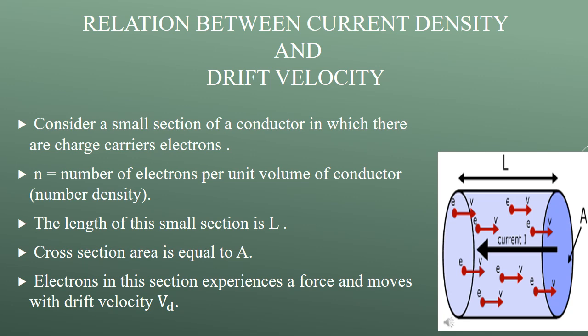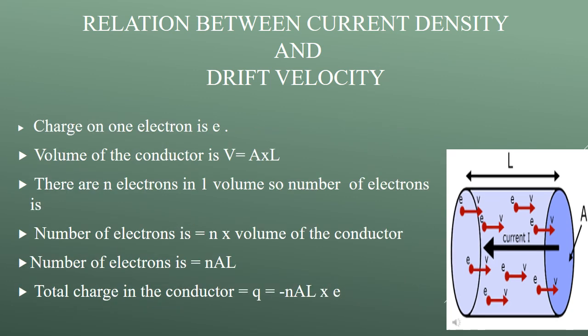So how do we do that? We look at the last electron, and when the last electron crosses this area, we can declare that all the electrons have crossed, because all the electrons are before that electron. That is the mark when all the electrons which we are presently seeing in the conductor will have passed, when the last electron crosses this. So how much charge is at present in this conductor which will pass during this time? Now we start our calculation.